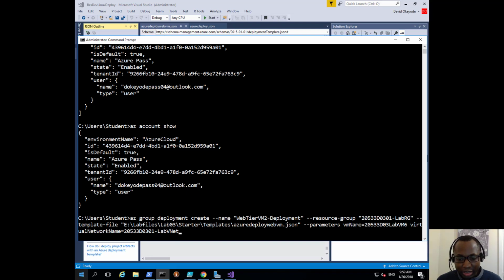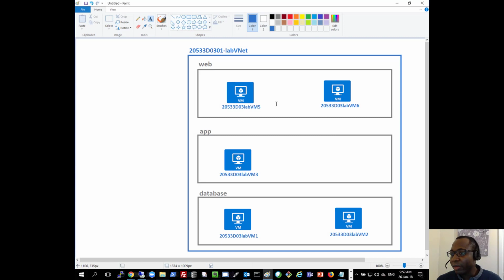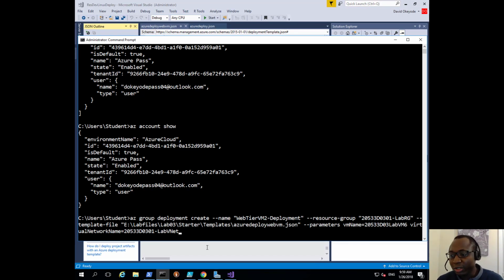So let's go back to our diagram. We're deploying this final VM into this web subnet, and we're going to be deploying using an ARM template, but the deployment method of the ARM template is Azure CLI. So let's make sure that's fine, and if I go ahead and press enter to that,